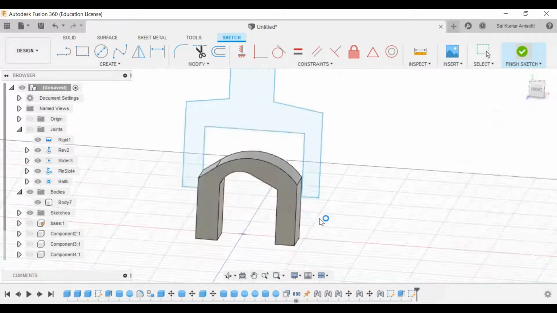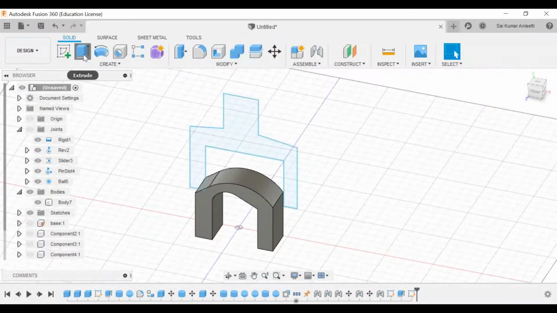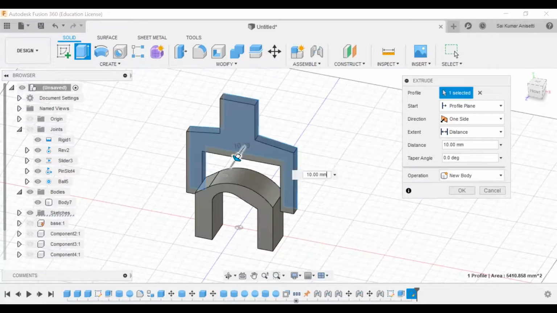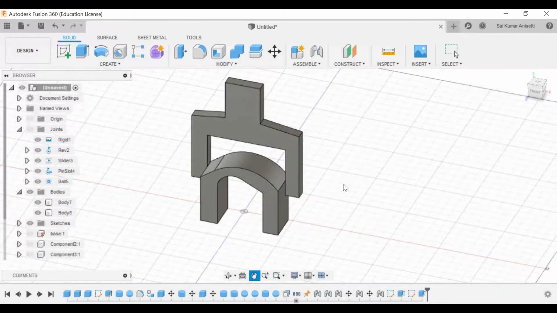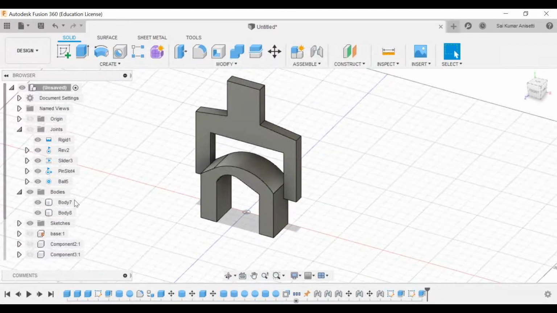Okay, I'm just extruding even that. Okay, click OK. Now these two are different bodies.